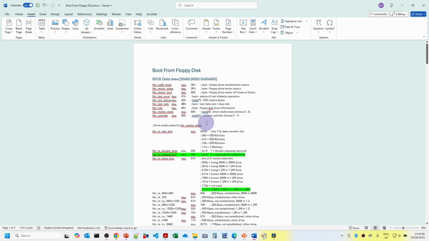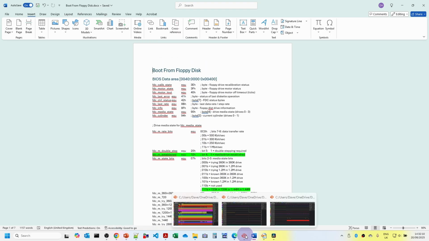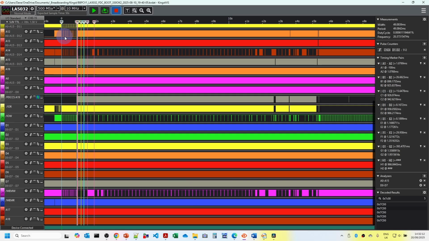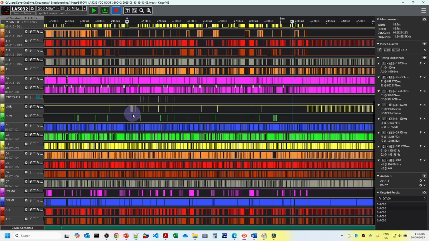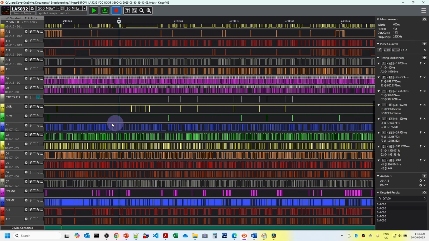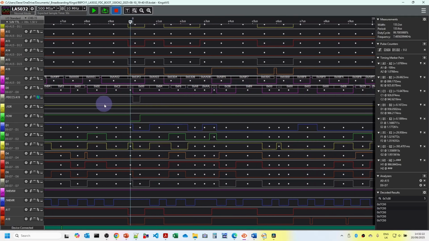Needless to say, it's quite complicated, but I'm just going to go through the top line headlines really of what we need to worry about when we're looking down here. So to start with, if we actually look at the beginning here, what we can see in this period from A1 to A2, you can see here that the floppy disk controller chip select for the 3F2 is in fact